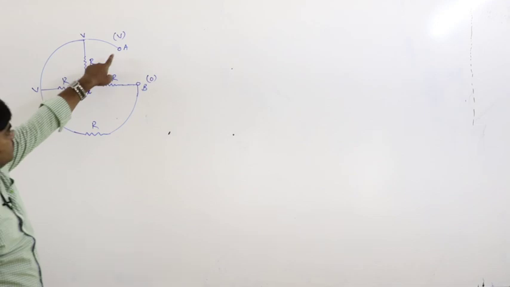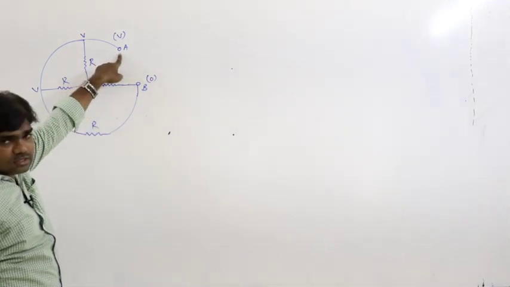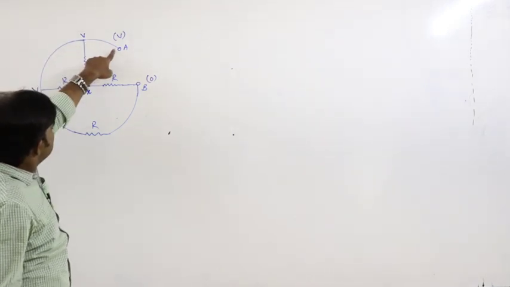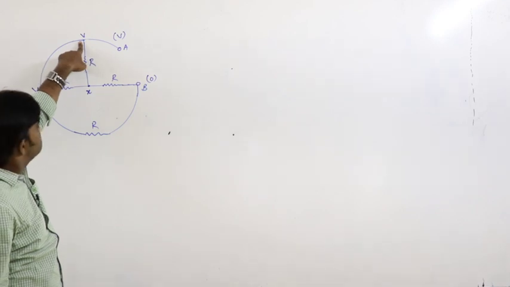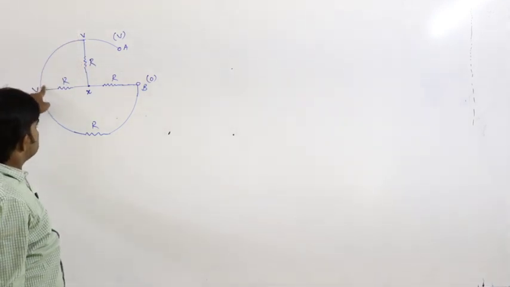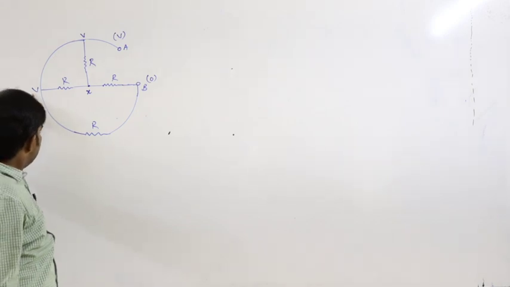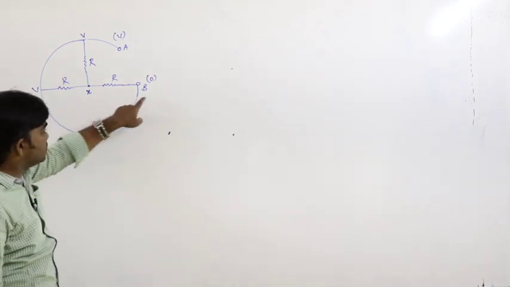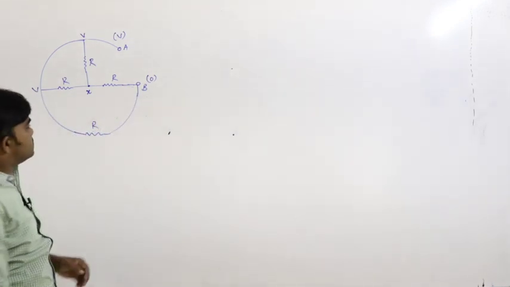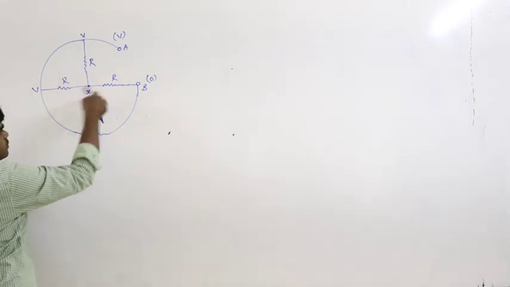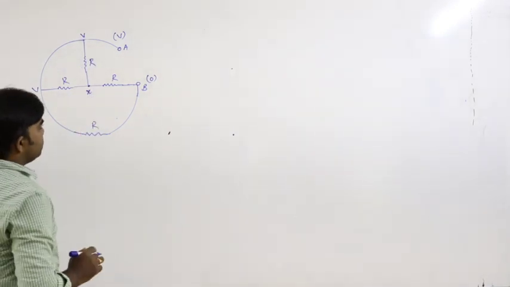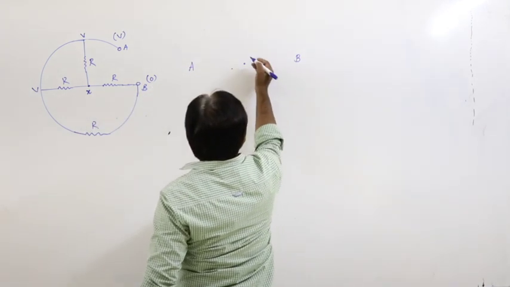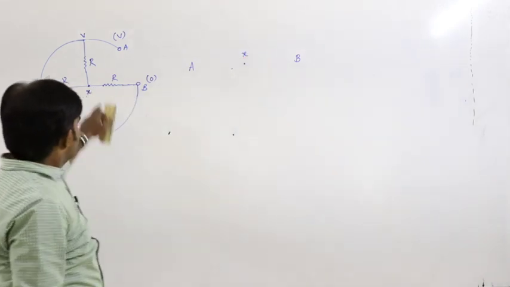First of all, this is the point A and this is the point B. If we are moving like this, from this position to this position, no resistance, potential is V. From this position to this position, no resistance, potential is V. Again, moving from this position to this position, we have resistance. That's why potential decreases. Here resistances, so that's why potential must change. So let us say I am considering this is the point A and this is the point B. In the middle, this is the point X.